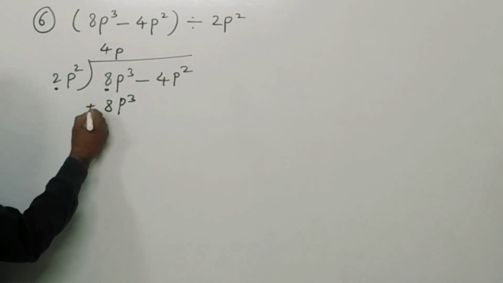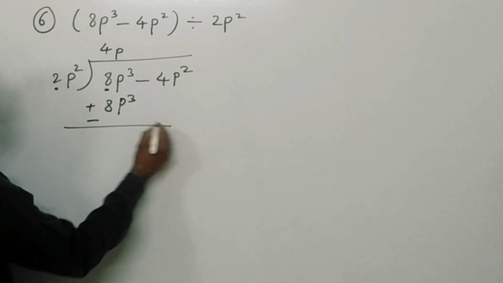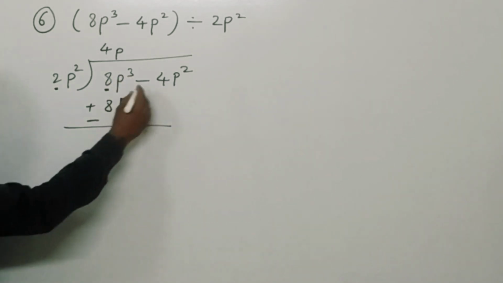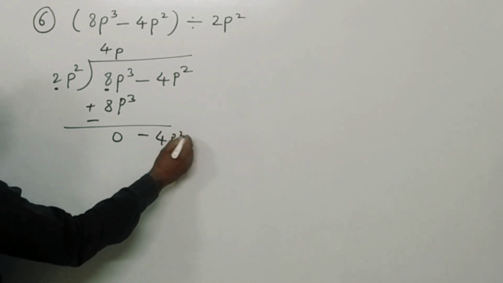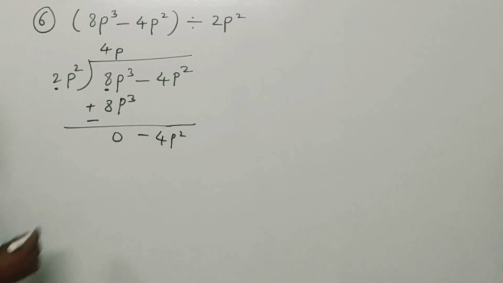So here this plus sign, so change the sign, minus plus, so 8p cube minus 8p cube will be 0, minus 4p square